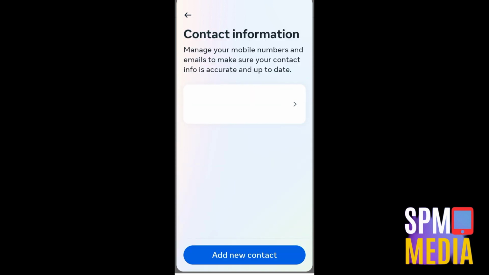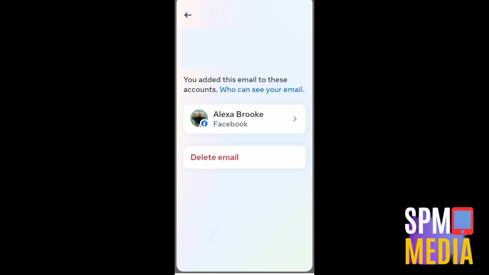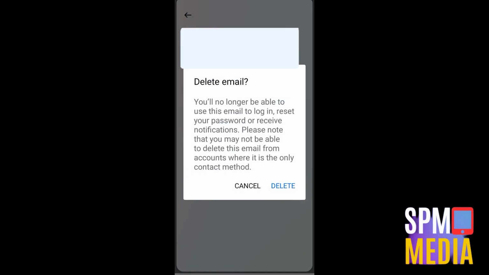So to delete this, you just have to click your email address. Okay, tap this one. Then you will see here a delete button or delete email. Tap this delete email, and all you have to do is to confirm it by just clicking the delete option again. But don't worry, if you want to add your email address again, you can just go back and then